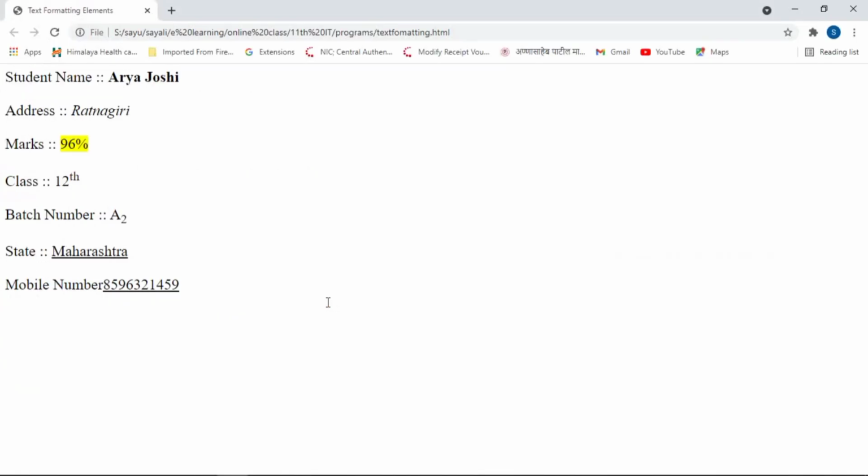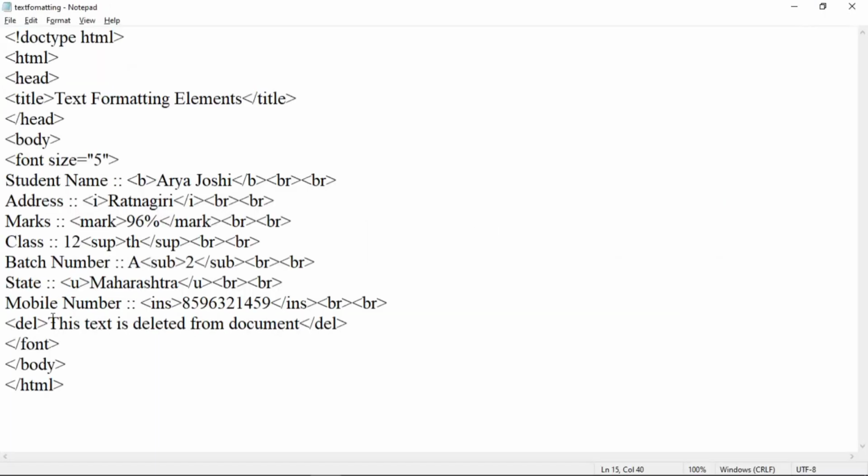Again Alt tab, refresh the page and see here this text is deleted from the document. Here instead of this content you can add any other content also. Suppose email ID is there, arya@gmail.com.